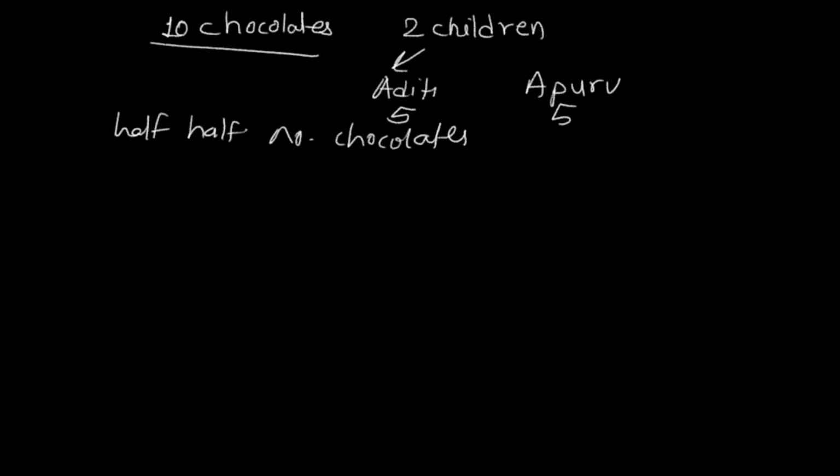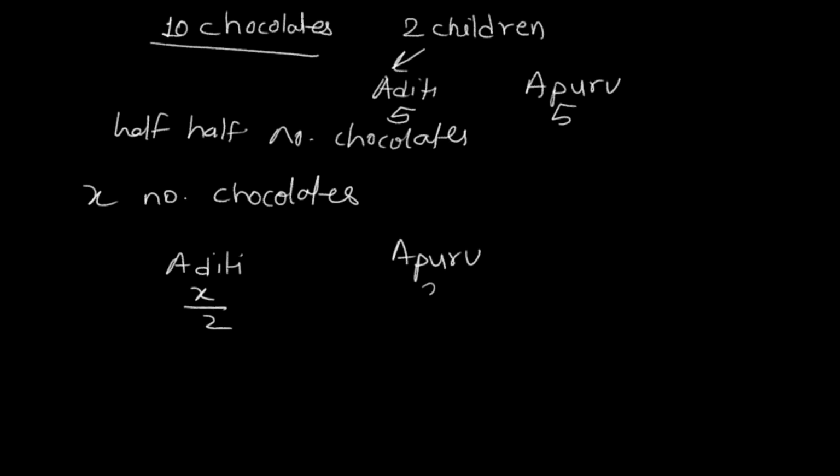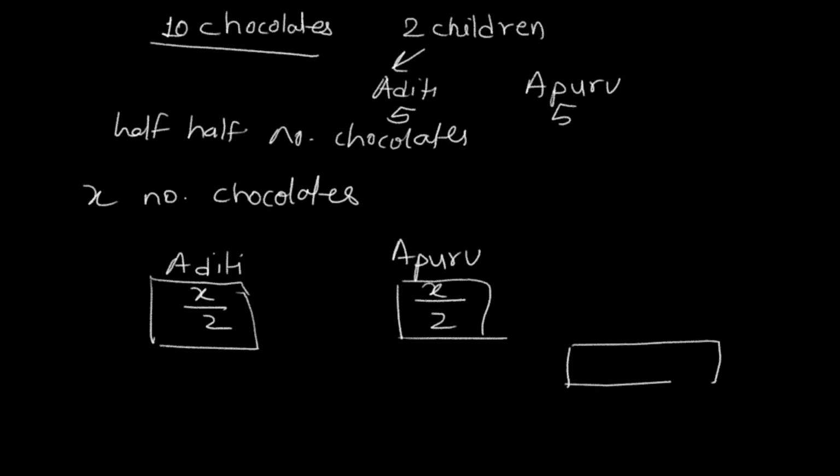So what we can write it as? We can write it as there are x number of chocolates and Aditi will get x by 2 and Apurva will also get x by 2 number of chocolates. Right? Now this has become an algebraic expression. Okay? You can find number of applications where we can form an expression first. Okay, this is my expression, for example, and I can put whatever value according to the situation in that expression and get the value of expression.